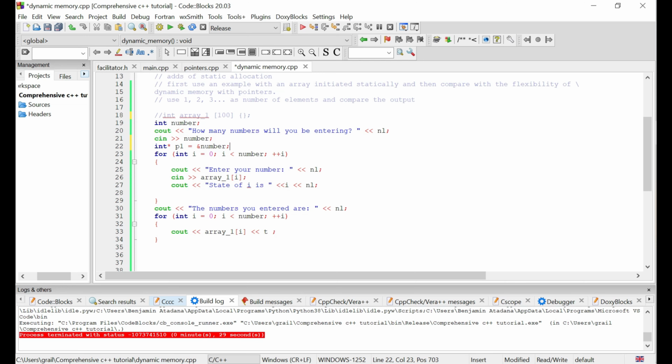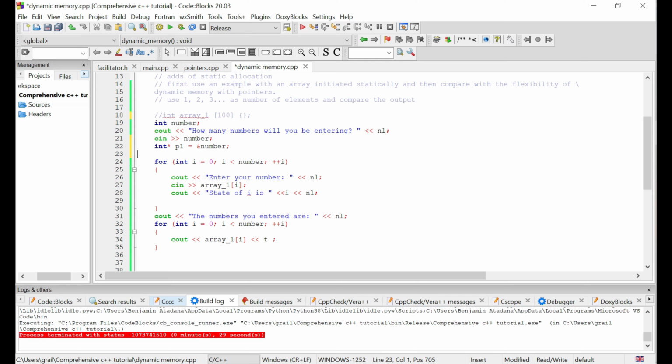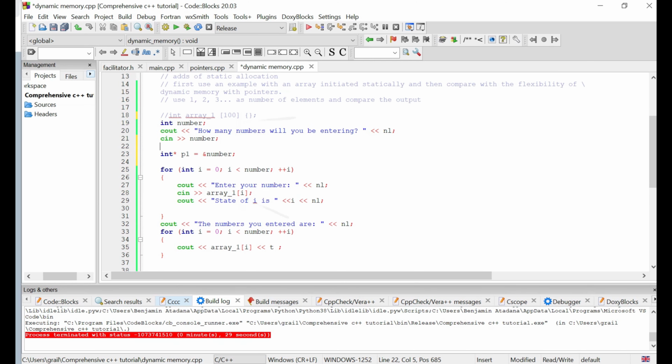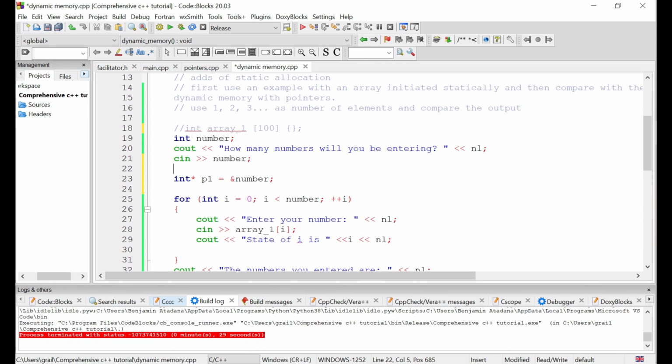Right, so this is a pointer P1 pointing to the address of the integer num1. But then we want to make this a dynamic memory allocation. So to do this, the syntax is, after declaring your pointer P1 and you want to initialize it,